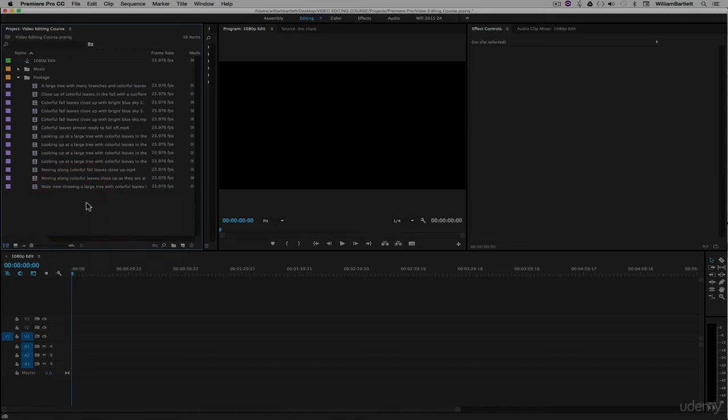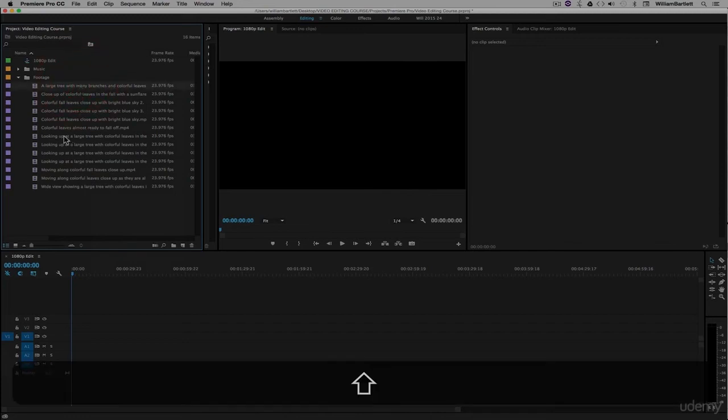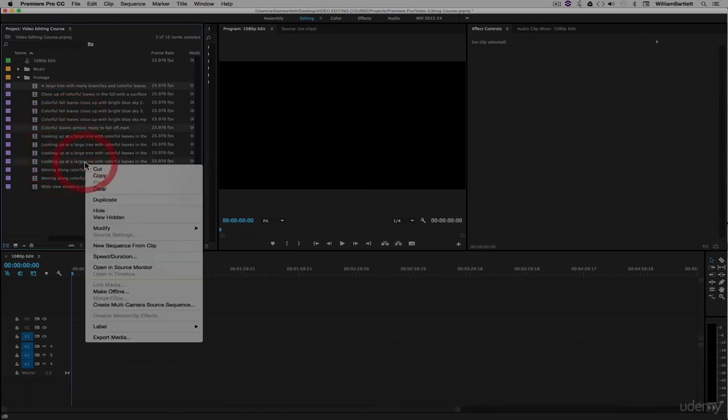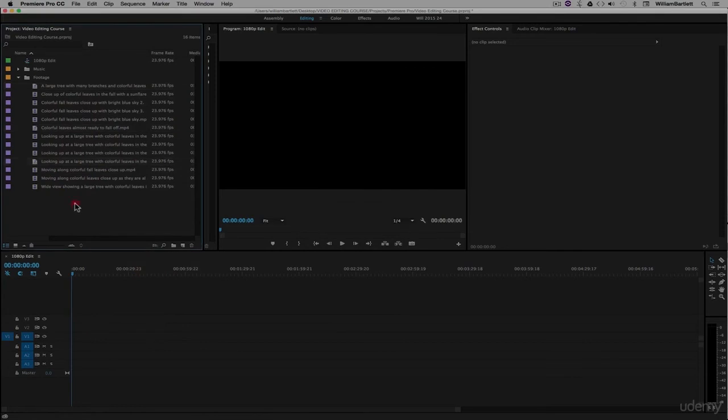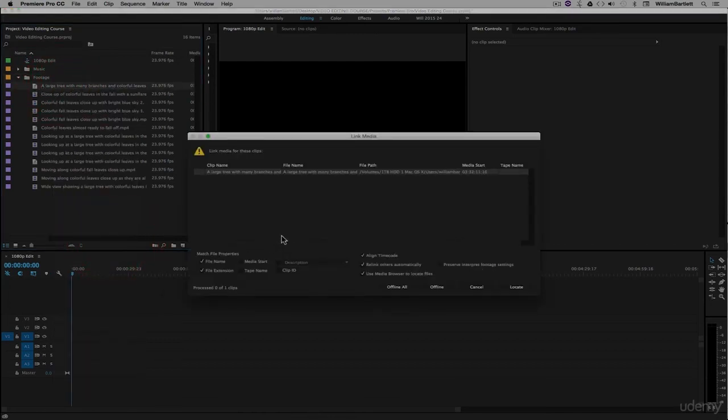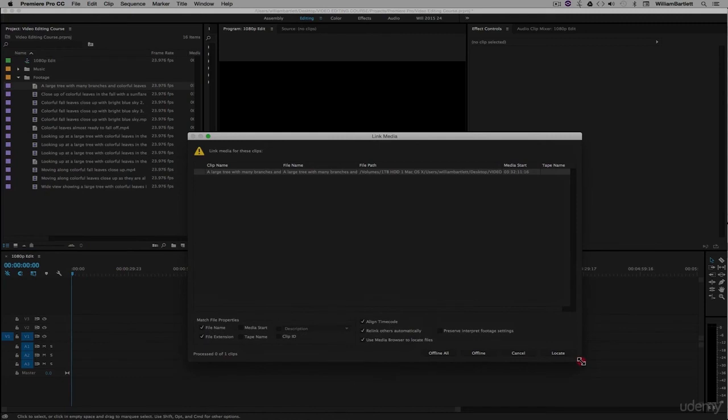Having this match how it is set up on your desktop or on your hard drive is extremely important. For example, let's click this clip and we'll hold Command, we'll click this clip and this clip. We will right click and we will make offline. That means that this footage isn't inside Premiere Pro and Premiere Pro does not know where it is. In order to find those, because it's in the same folder on our desktop or on our hard drive, we can right click, we will link media,